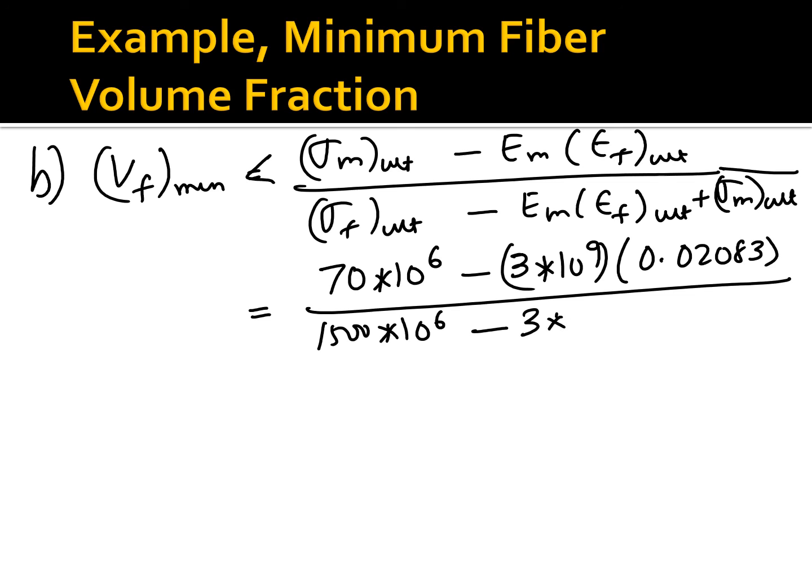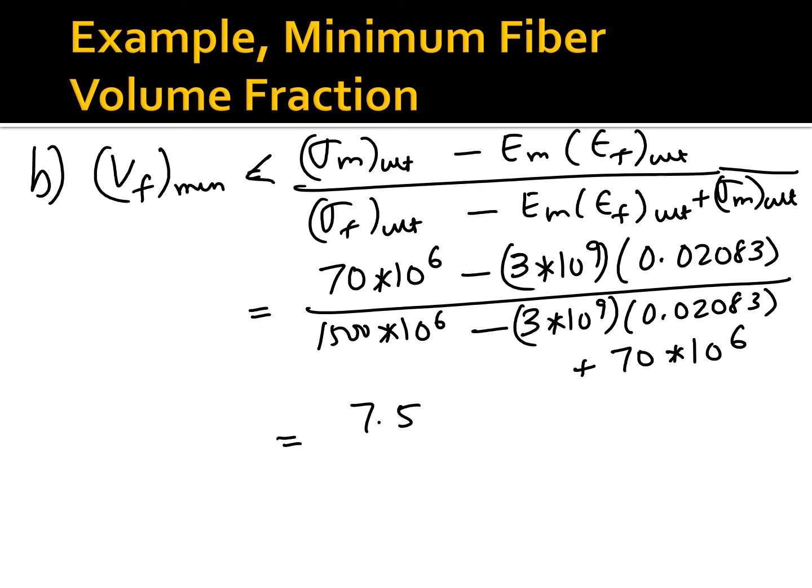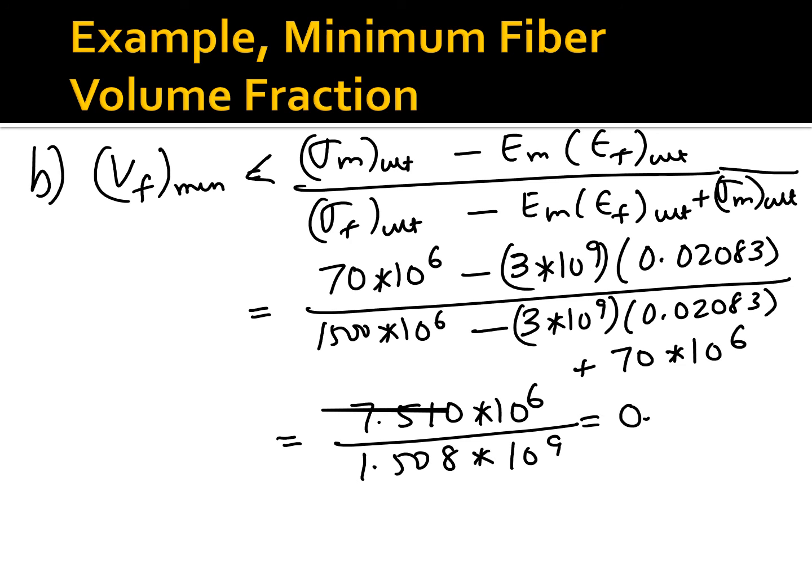The Young's modulus of the matrix is 3 × 10⁹. We already know how much the ultimate strain in the fiber is. Then we add the ultimate strength of the matrix, which is 70 megapascals. And having done this calculation, we calculate our numerator and we calculate our denominator, and this number here turns out to be 0.004980, which is same as saying